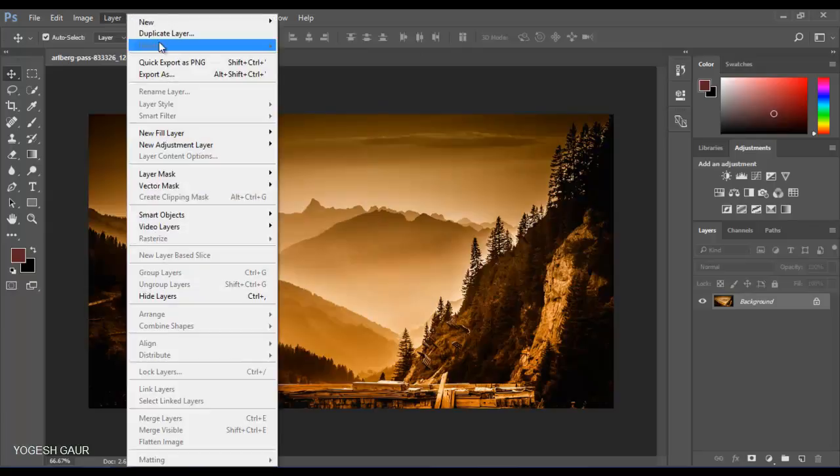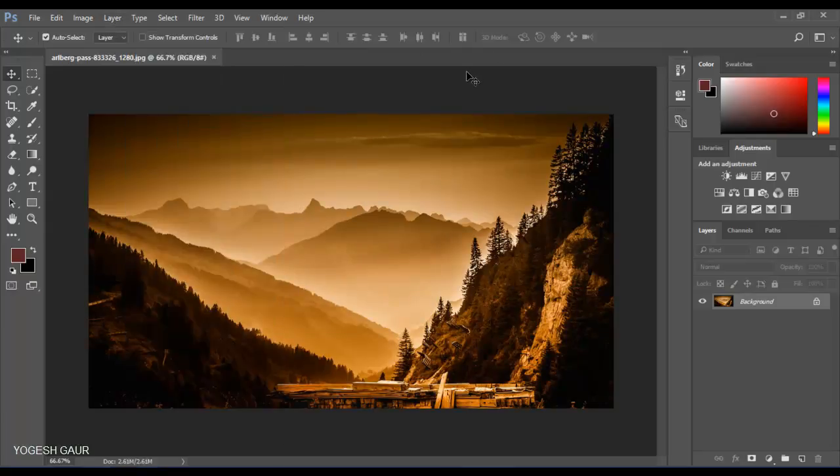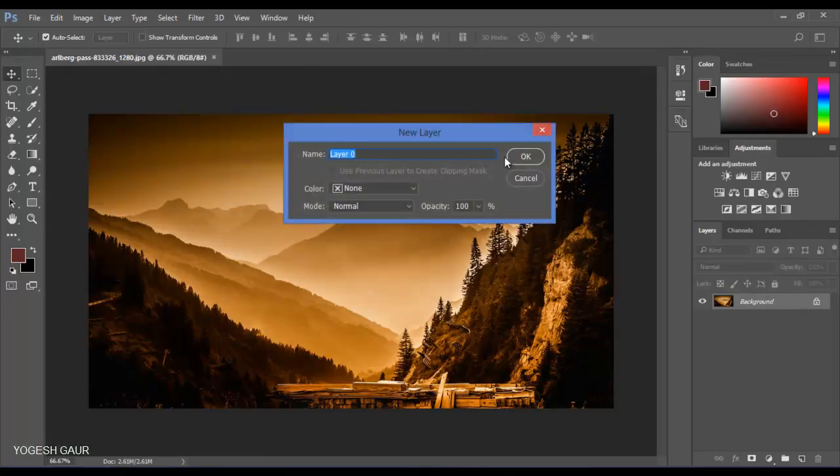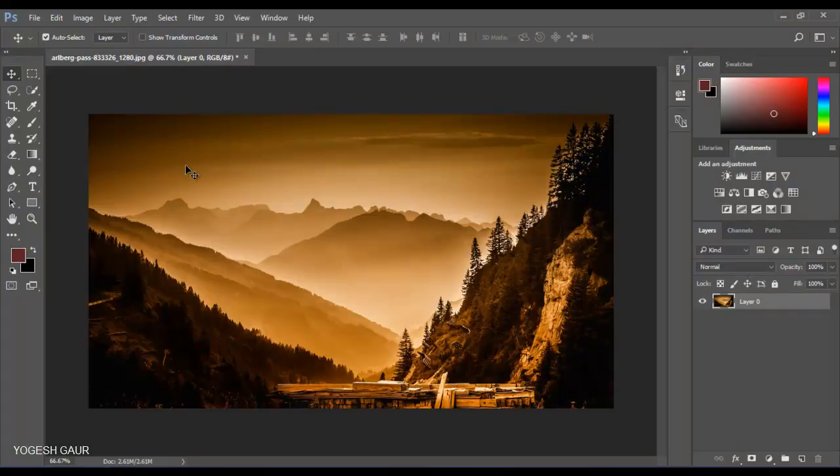videos. Layer, the layer part is the important part in Photoshop, in which we have to make layers. For a background layer, this is locked, but we have to double click so it makes Layer 0, which we can edit simply. If the layer is locked, there is no work on that layer.